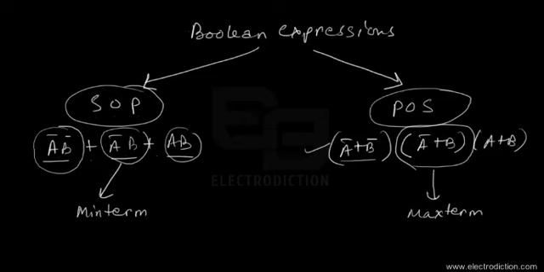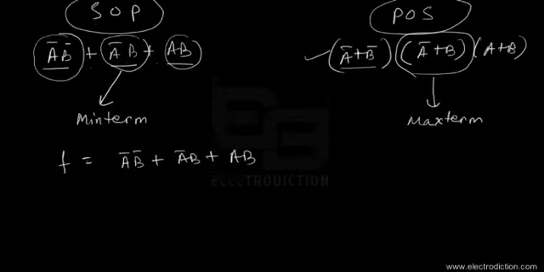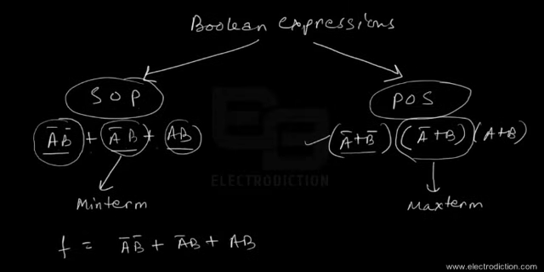Okay, so let's say we have an SOP expression, like I said. Let's say f reads something like this: a bar b bar plus a bar b, then ab, like the one I just illustrated right over here. So if we have just this form of expression for a Boolean expression of a digital circuit, and